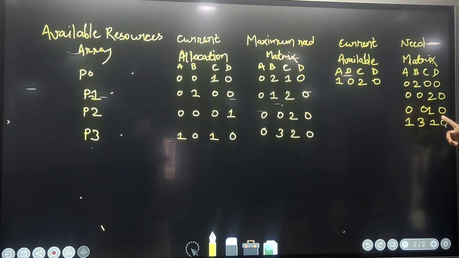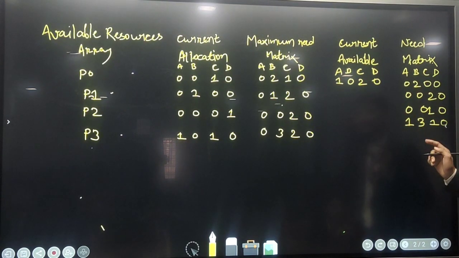Here we notice I calculate all the need matrices that are implemented in Banker's algorithm, and then I calculate current